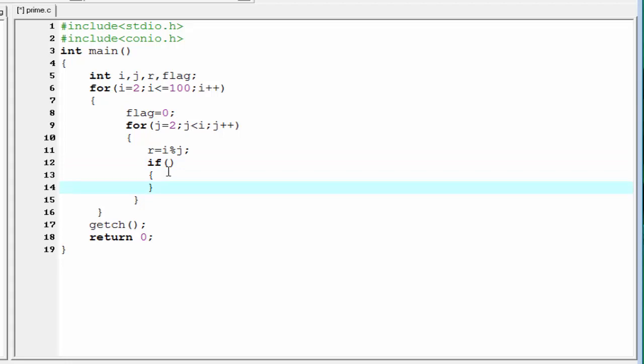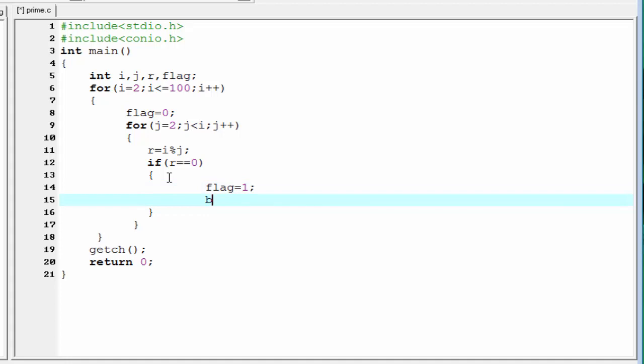And now inside the if statement we test the condition, that is r equal to 0. If this condition is true, then we set flag equal to 1 and break out of this loop. So write here flag equal to 1 and break. This break statement takes the control out of the inner for loop only.